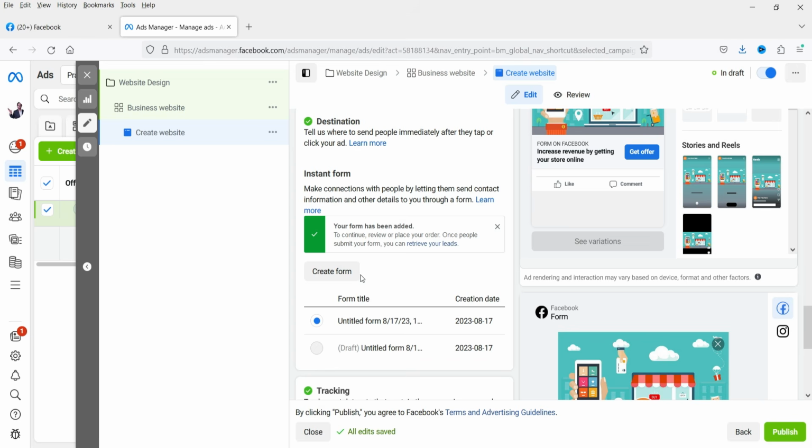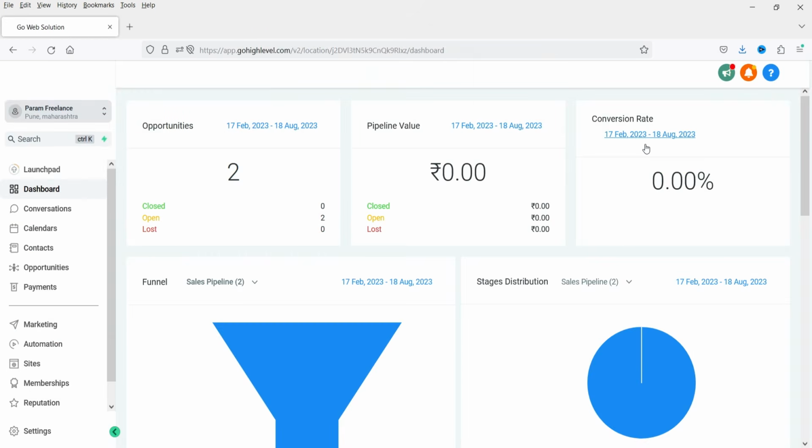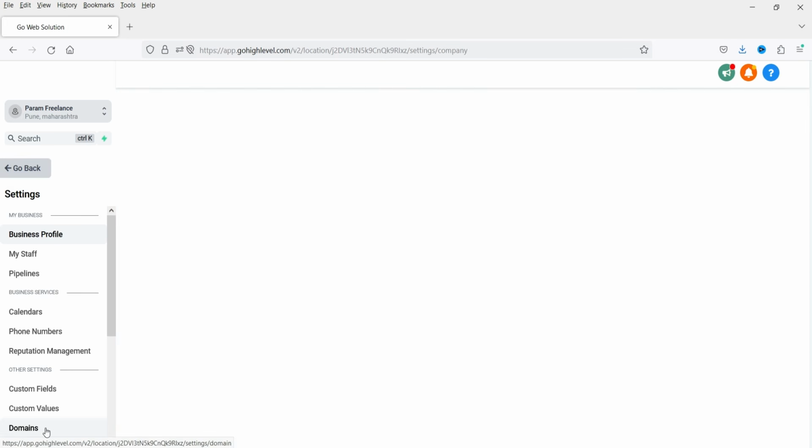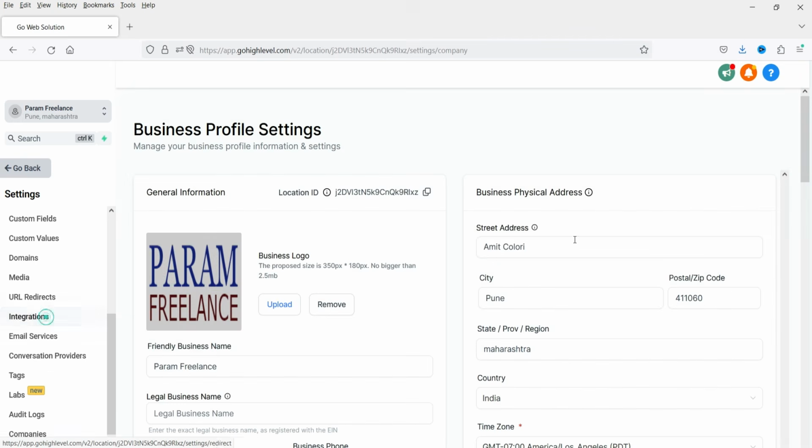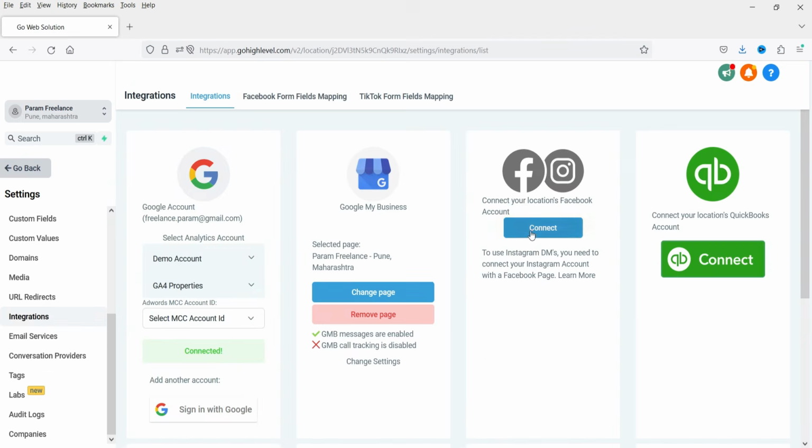All right, now we need to integrate Facebook into GoHighLevel. Now I'm logged into the dashboard of GoHighLevel, and I'm using one dummy sub account to show you how to integrate Facebook into GoHighLevel. Go to settings and go to integrations. Now you will see an option here, Facebook and Instagram. Click on connect,